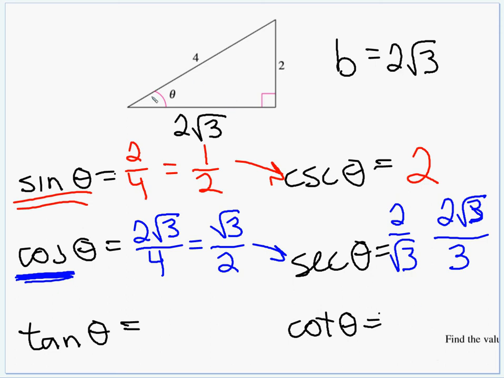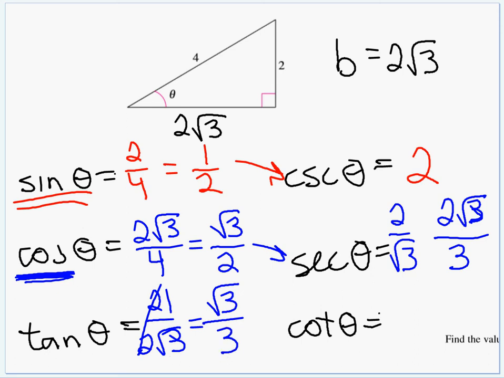Finally, tangent. Tangent is opposite over adjacent. So that's going to be opposite 2 over adjacent 2 root 3. So that's going to be 2 over 2 root 3. The 2's cancel, so that's a 1 over root 3. And if we multiply by root 3 over root 3 to rationalize, we get the square root